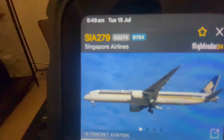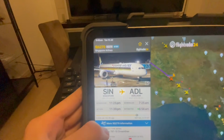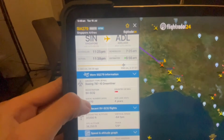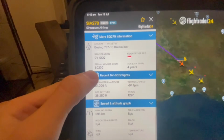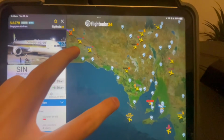the arrival flight, which is SQ279, which is obviously up here. It is a 787-10. It's got some pretty cool photos of it, especially that night one. So it's scheduled to arrive at 6:56, so it's looking a bit early. There's the rego for you, all the information about it, and it's currently on its way into Adelaide. So that should only be about an hour away, so we'll be, as I said, heading to the airport in about an hour. So I'll see you and film some of the drive there, and then I'll see you in